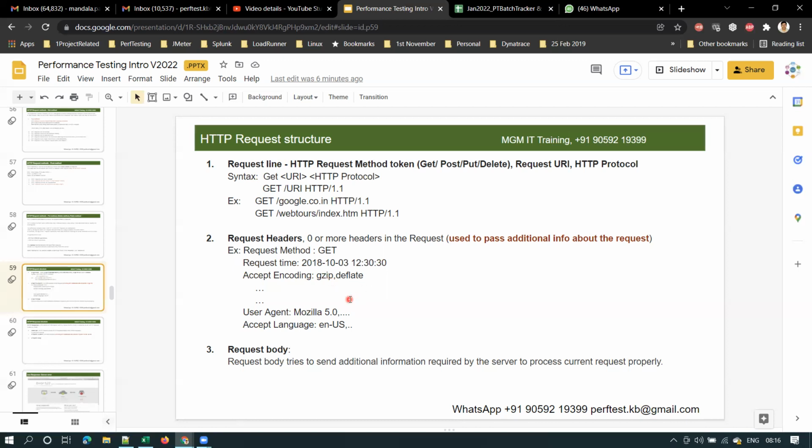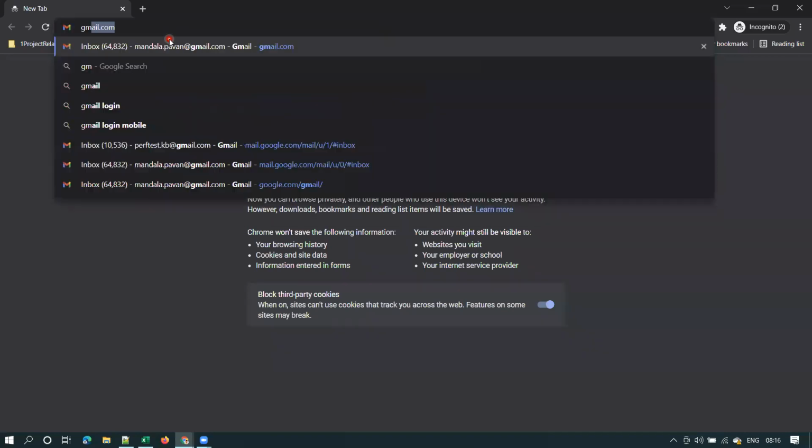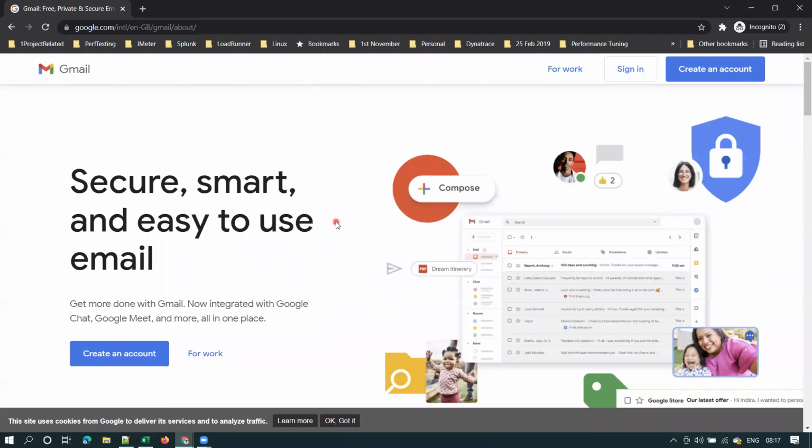Can you repeat it again, sir? Okay. When you type some URL, you send a request to the server. Now this is the response that we got. Internally, your server receives the request, processes it, and sends the response in a compressed format. Whatever you are seeing now will not come as it is, but will come from the server in a compressed format. The server compresses the response and sends it to save some bandwidth.